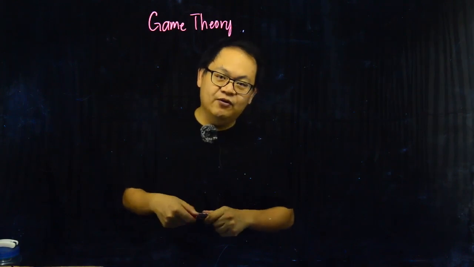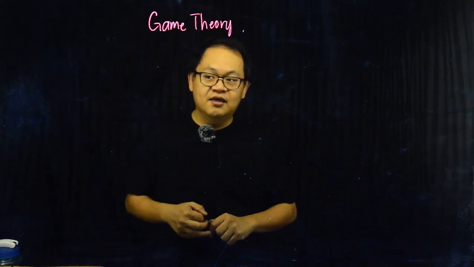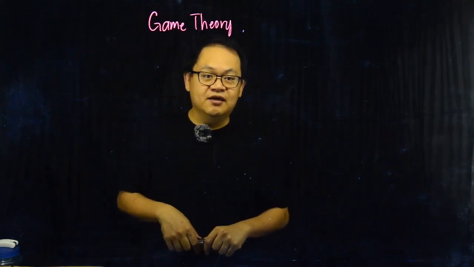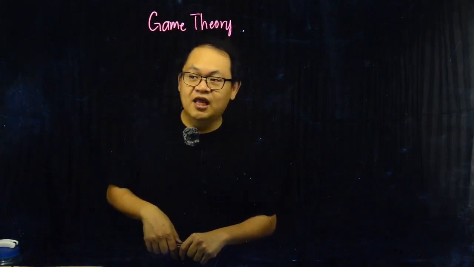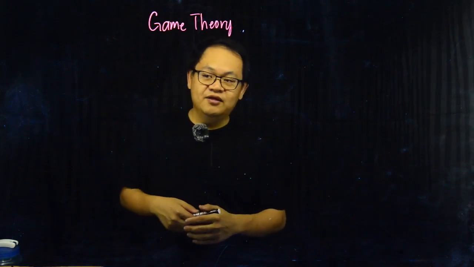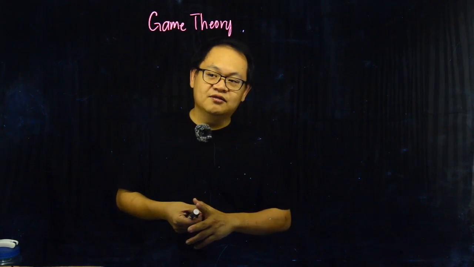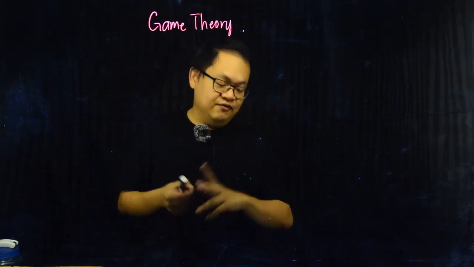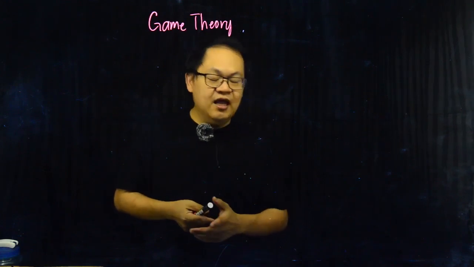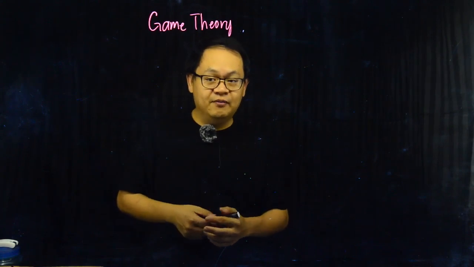I'm not sure if everyone has already seen the movie A Beautiful Mind. It's the biography of John Nash, a mathematician who founded a lot of theories, but for this particular lesson, he actually started game theory. He founded game theory. Now, in the next slide, there is a video clip of the movie A Beautiful Mind,